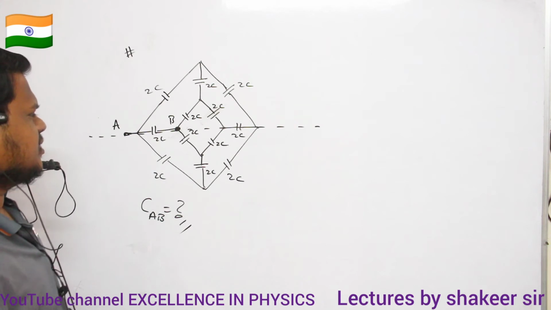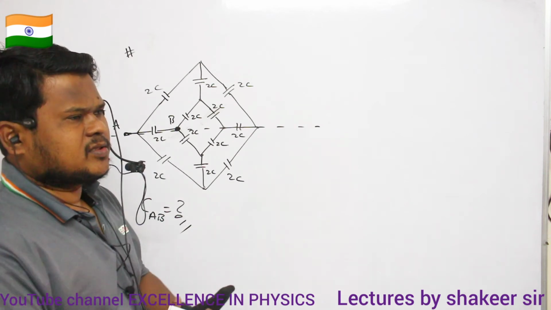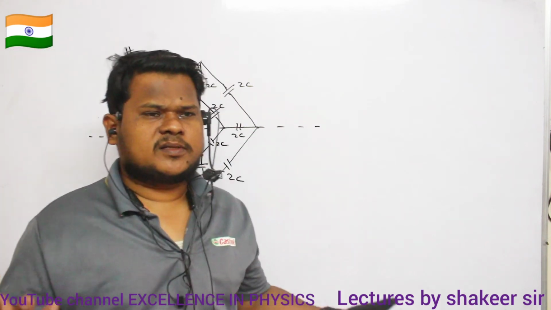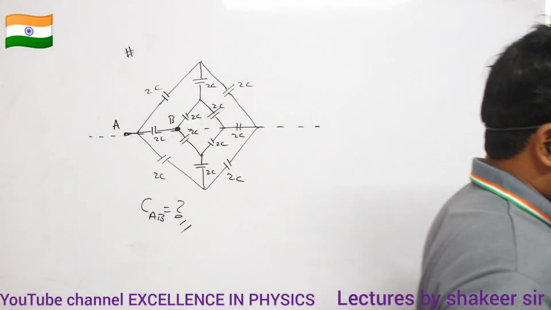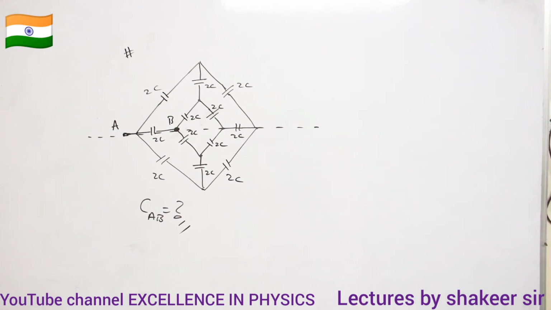If they are symmetrical to each other, first of all, I can find out equipotential points, join all the capacitors in between equipotential points, and in that method also I can do this problem. And one more method of doing the problem is by using folding also.